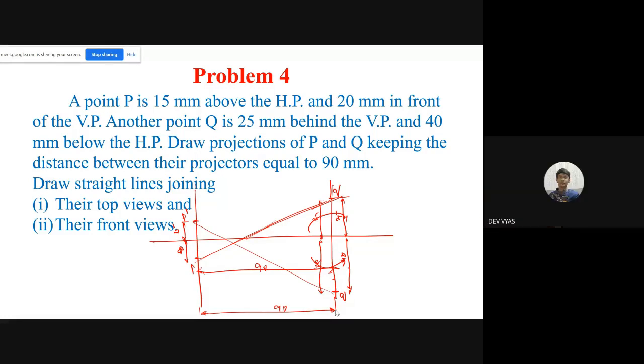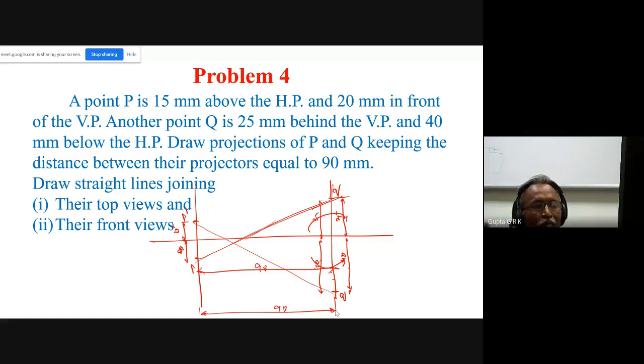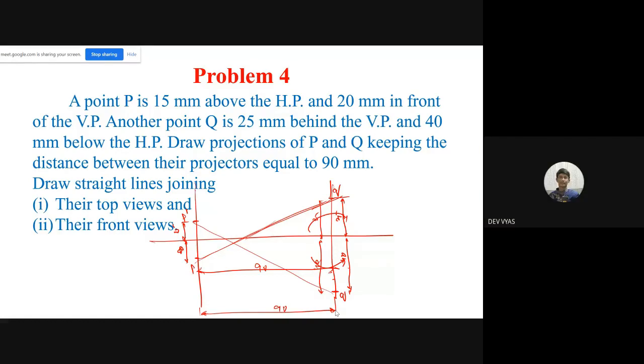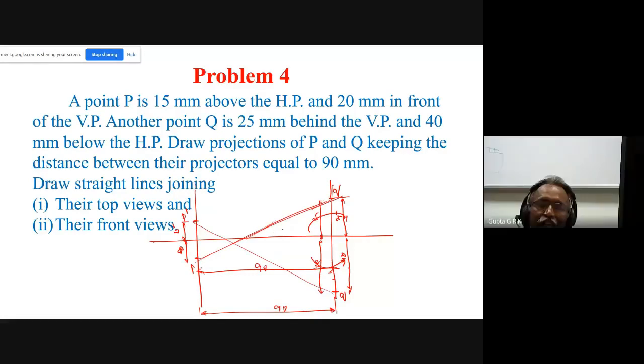If I draw the projectors of the endpoints and combine them, then that is the total top view of the total line and the total front view of the total line. But sir, if I take any midpoint of PQ, is the midpoint of small pq and P dash Q dash also the midpoint of the original line's front view and top view? Okay, suppose I have PQ and the center point is R. If I take the center point, this becomes small r, and in P dash Q dash this becomes R dash, and these two will also come onto the same projector automatically.